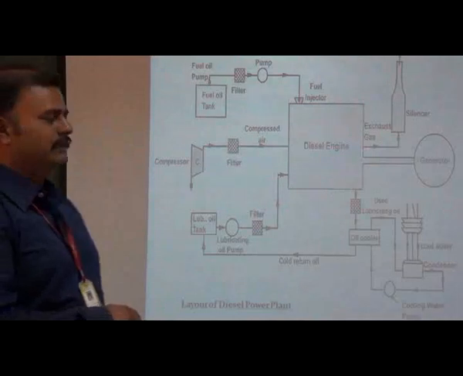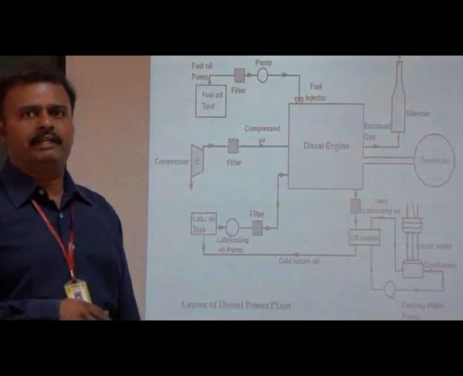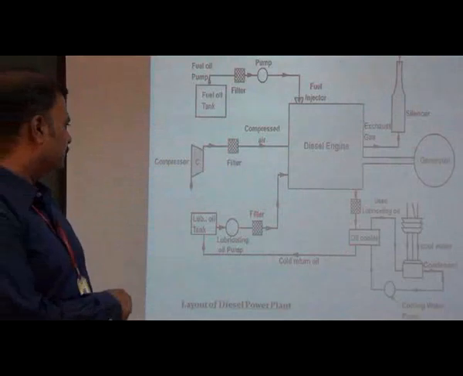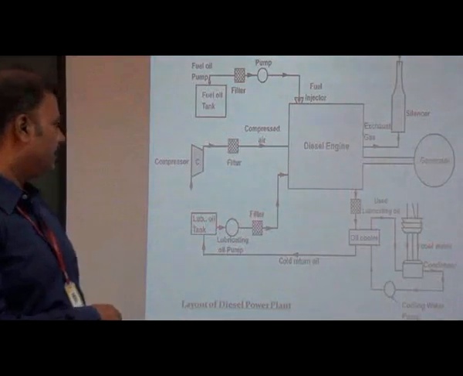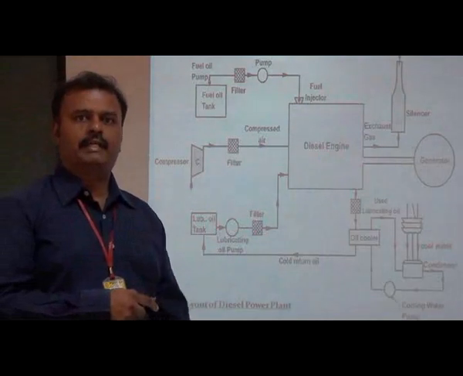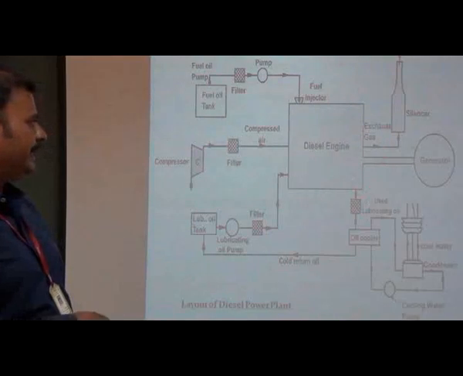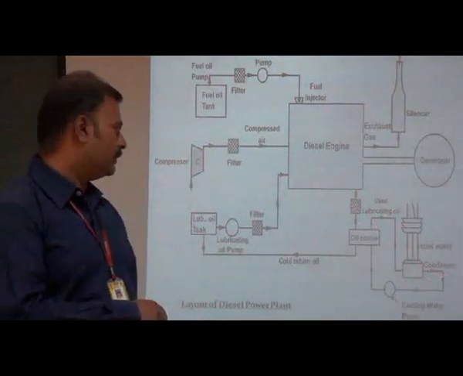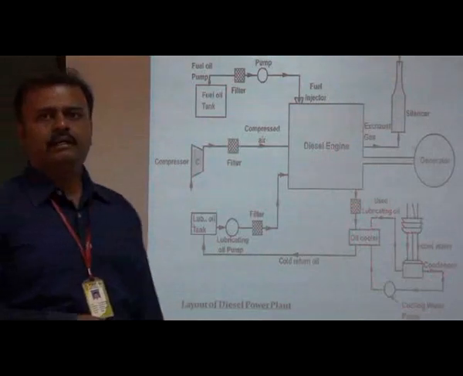And the lubricating oil. The diesel engine has continuously moving parts, so we want to supply lubricating oil inside the engine itself. A separate circuit is there for supplying the lubricating oil. This lubricating oil is stored in the lubricating oil tank and filtered, and by using the lubricating pump it is injected inside the diesel engine. After that it is stored in the crank case at the bottom of the diesel engine, and the used lubricating oil is heated because the engine is working. The heated lubricating oil is cooled by using the oil cooler. For this oil cooler, we are giving a separate cooling water circuit.